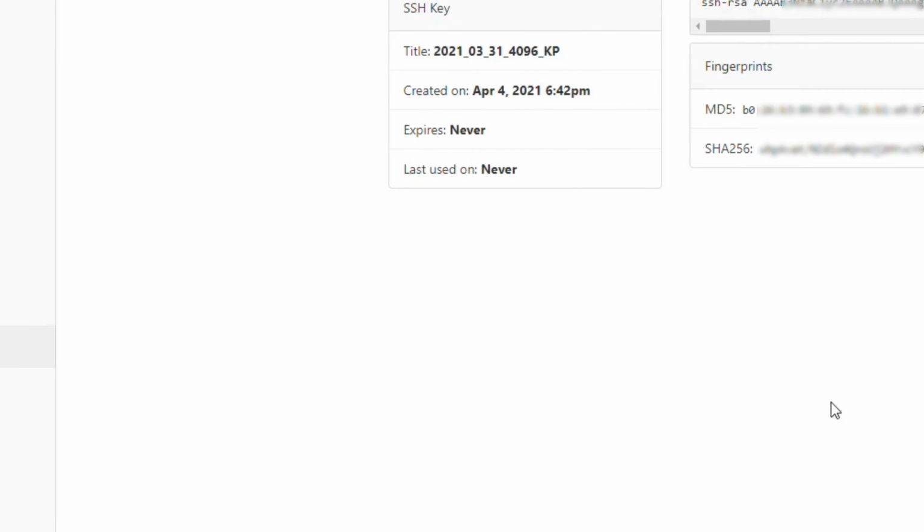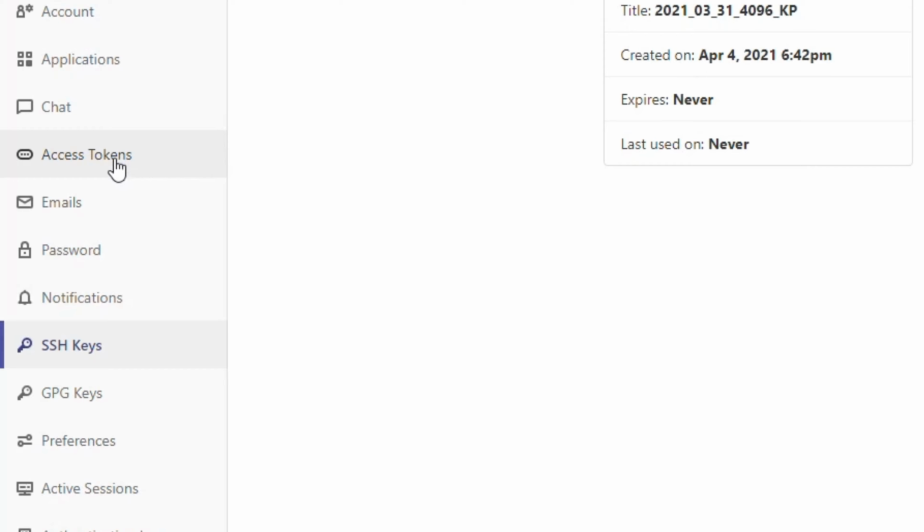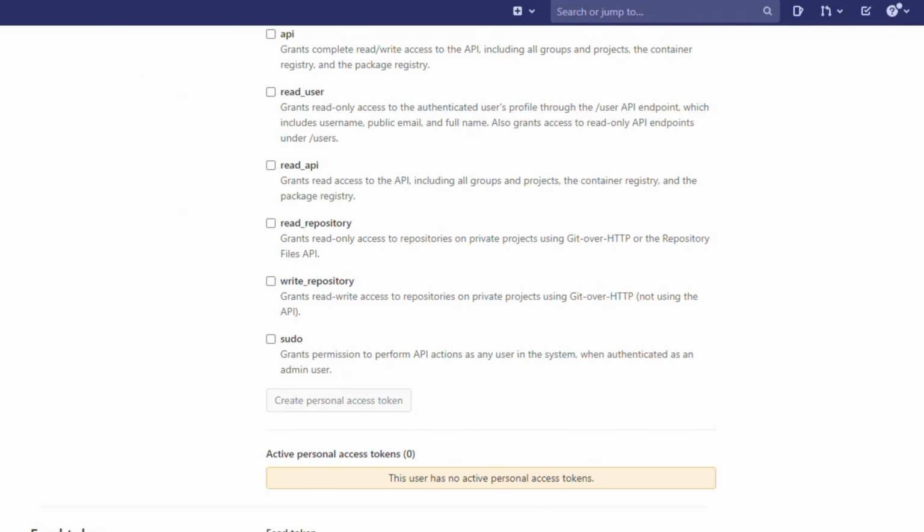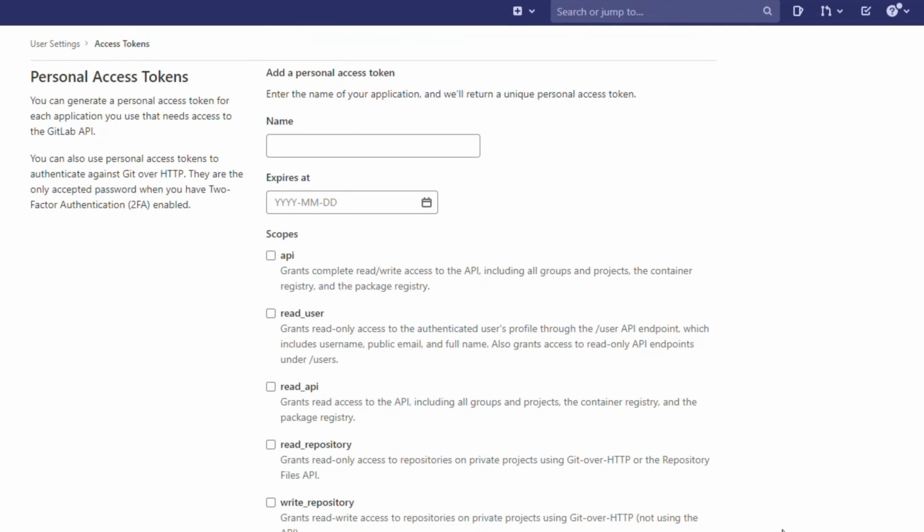Now we need to create an access token. We will use it to access from our SourceTree to our GitLab Community Edition. We can choose the API option or the sudo, but this is more complete read-write access, and you have all the access that you need.